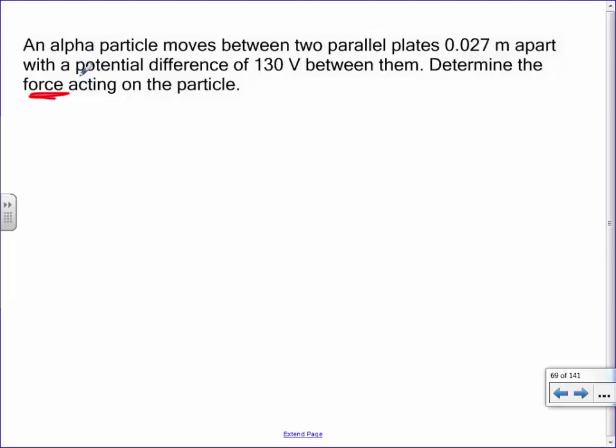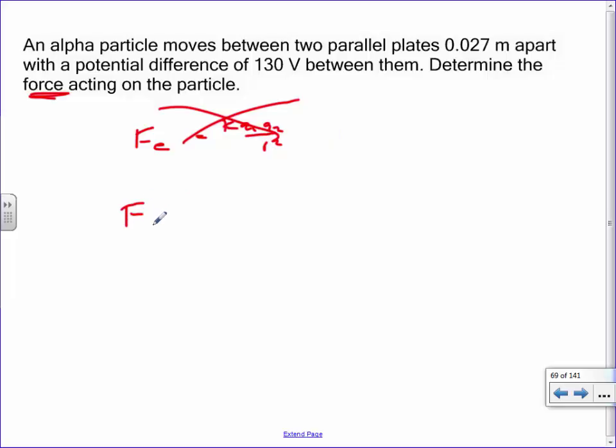There's a couple of formulas involving force. One of them is this one. Fe equals kq1 q2 over r squared. That is a formula involving force. We're not using that one. Why is that one not useful in this scenario? Yeah, that's the formula for the force between two just randomly charged particles nearby each other. That's not what we have.